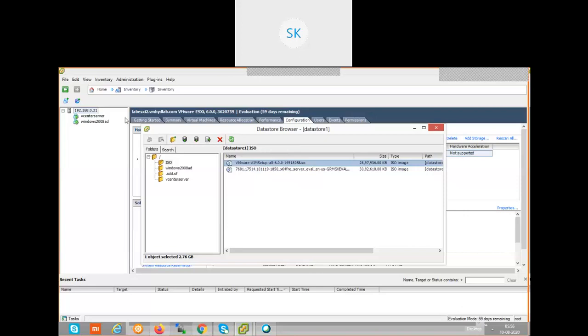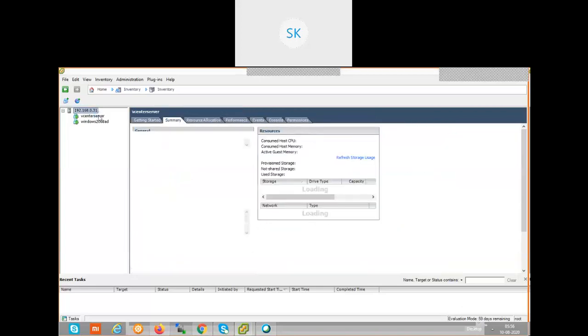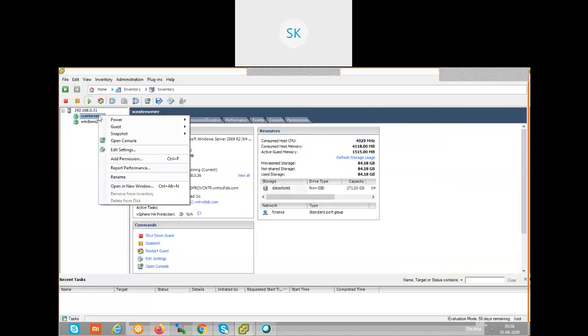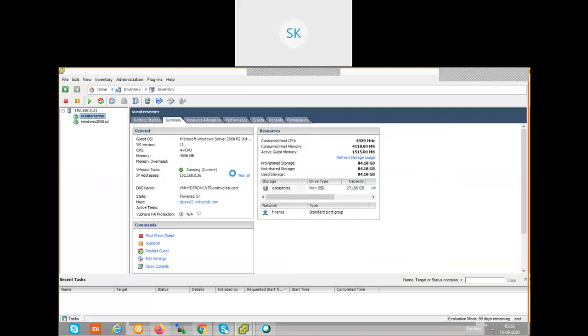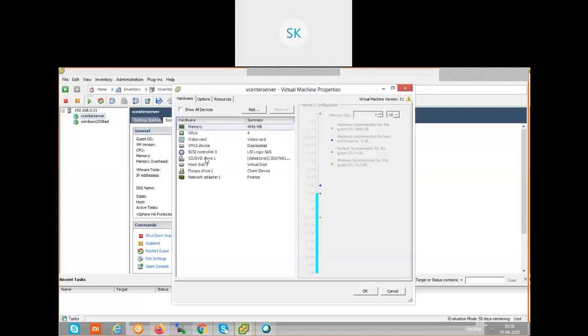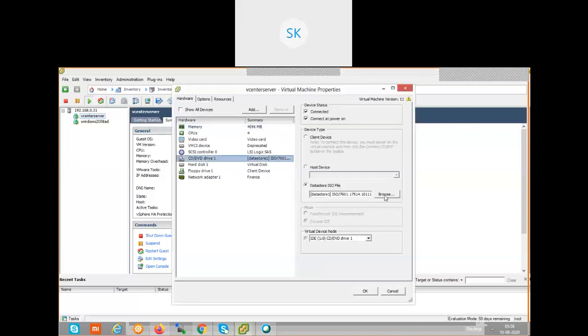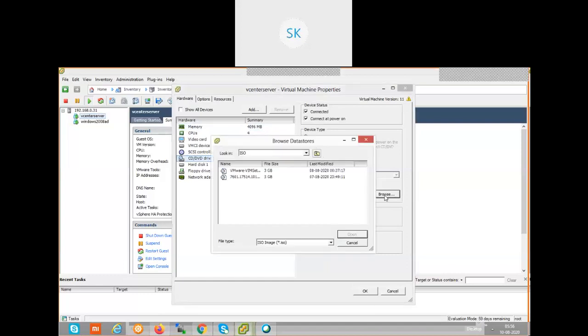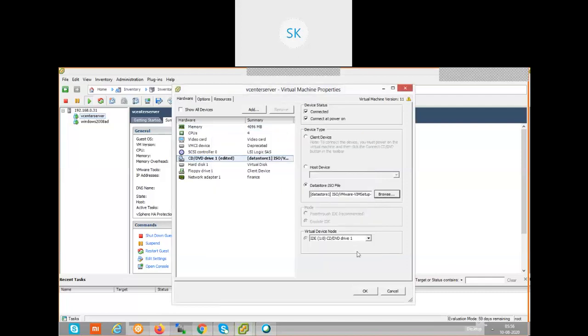Now go to edit settings of the VMware vCenter server, right click, edit settings, select CD-ROM and browse the path. We need to choose the data store file. So what do we need to choose? The VMware setup. Yes, click on OK. The checkbox is already connected.